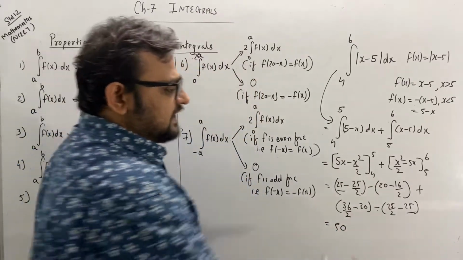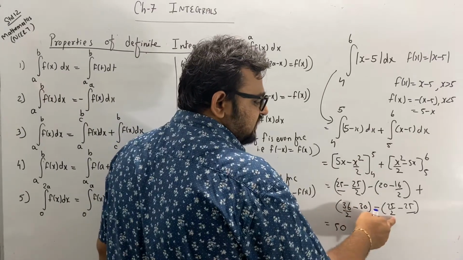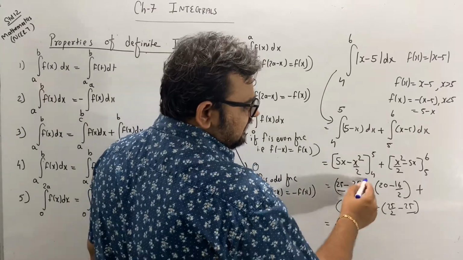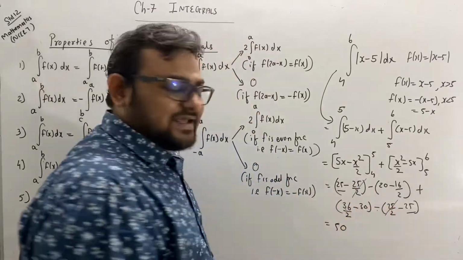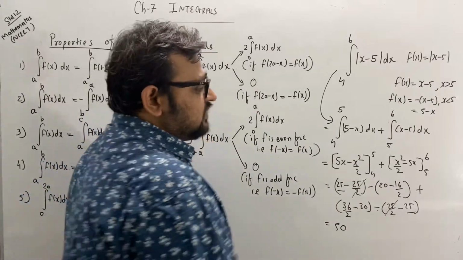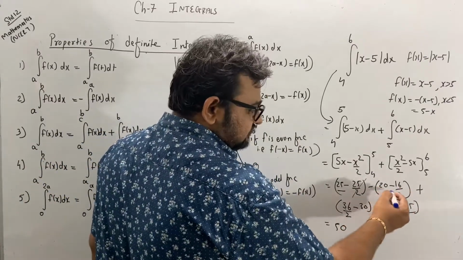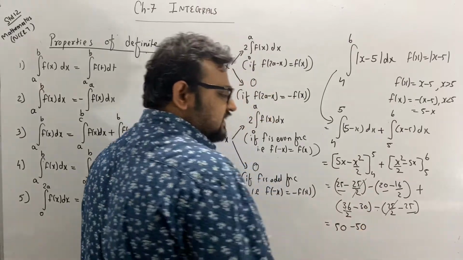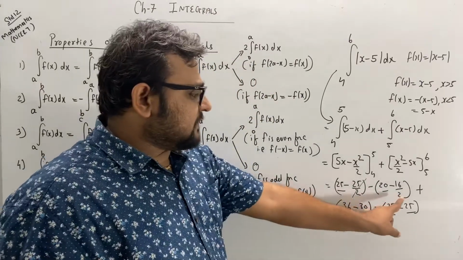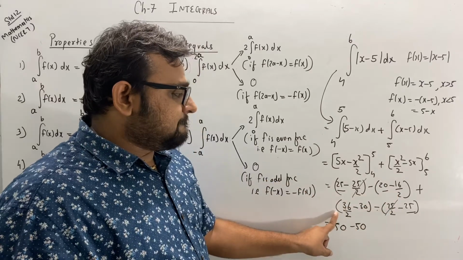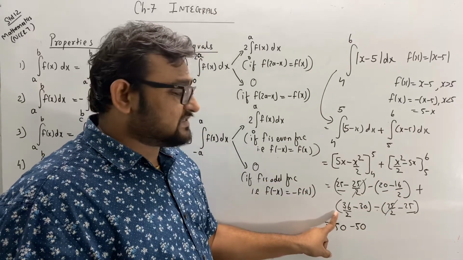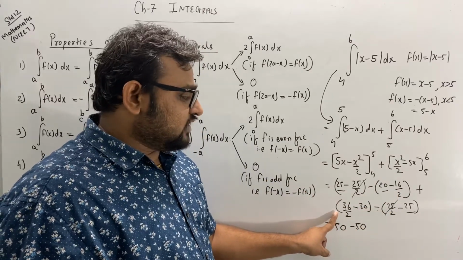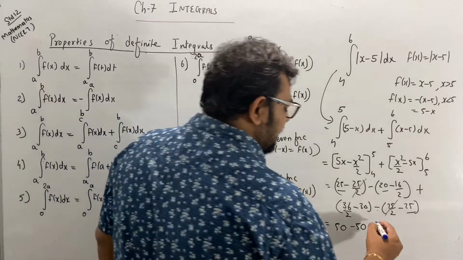Clear? Minus 25 by 2, minus 25 by 2, it will get cancelled. Clear? So this will be equal to 52 by 2,